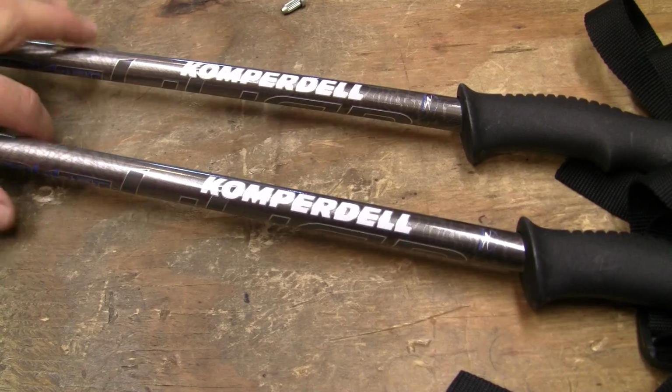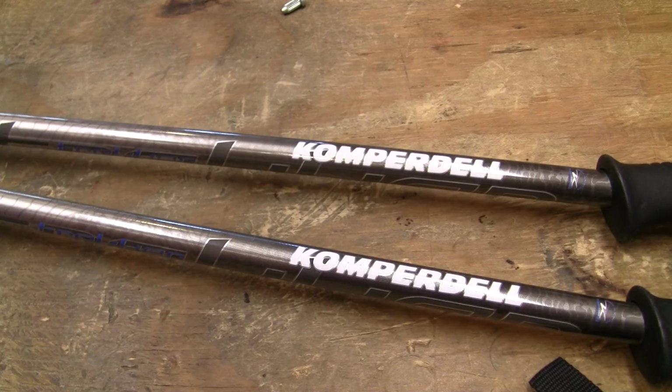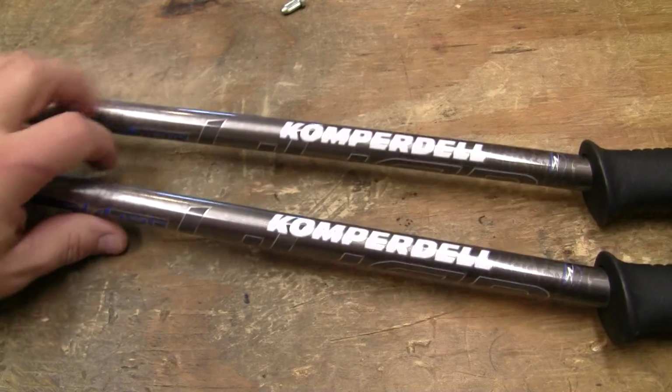Now, trekking poles are really great because they give you a lot of versatility as far as just stabilizing your balance, putting some pressure off your legs, knees, hips, joints, and also partially your back. Trekking poles are something that you need to really think about. It's almost like a pocket knife. You need to put that much thought into it, or more, as far as what you like. Leki is a real popular brand in the United States, and you can buy them in a lot of different price categories. These are the Komperdell